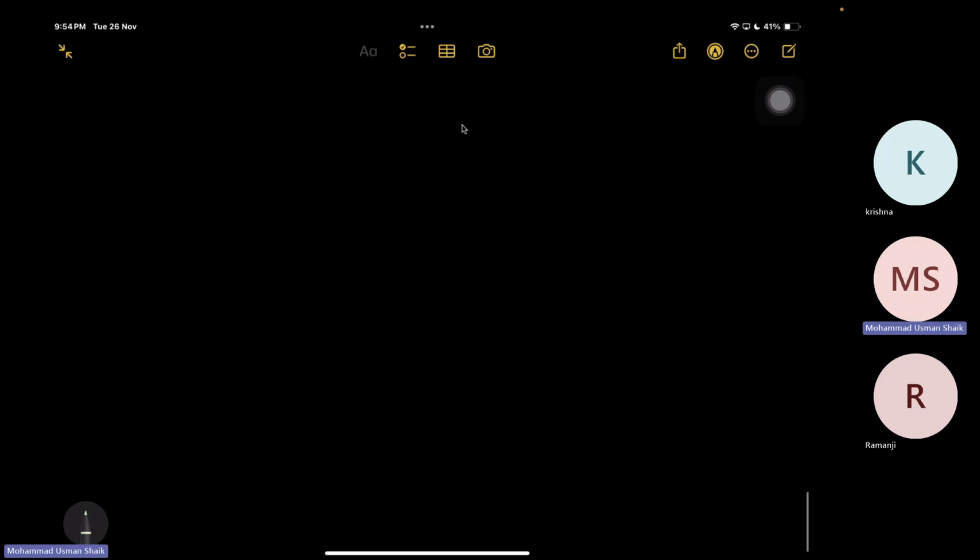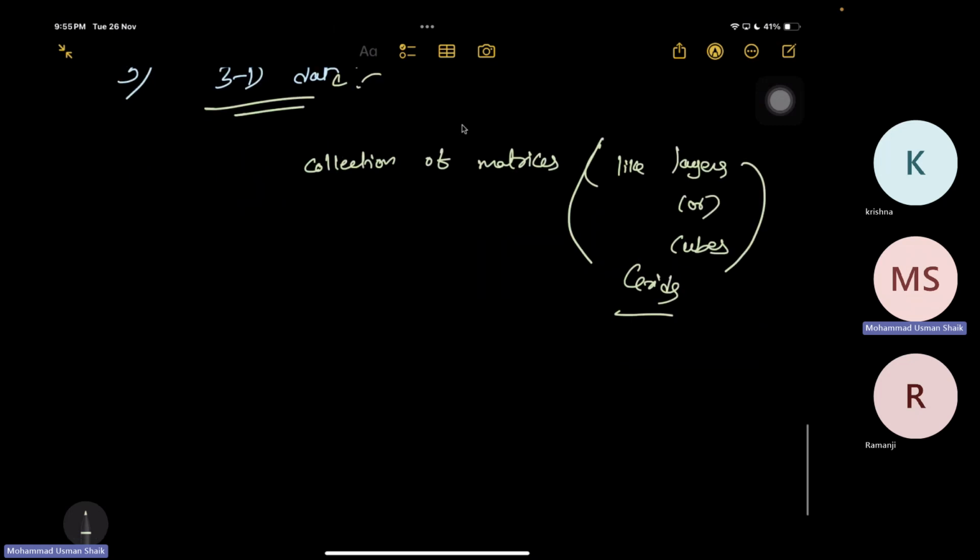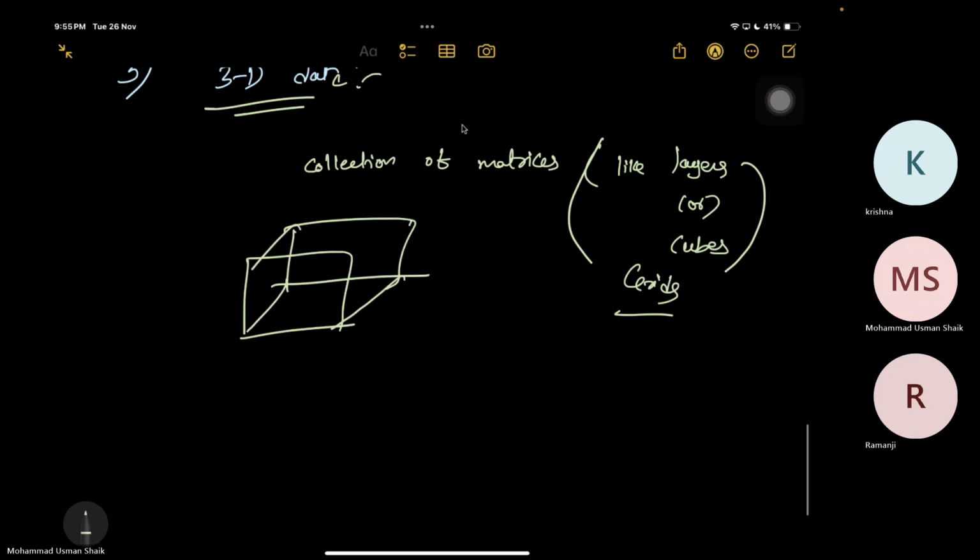In this 3D data, let's say you want to represent data as a collection of matrices, for example layers or cubes. If you want to represent data in the form of grids, we discussed grids, right? So if you want to represent data in the form of grids, for example, let's say you have a cube. If you want to represent data here, you are going to represent it as three-dimensional data, because